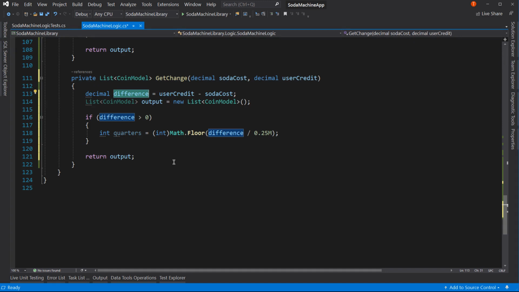Well, how many quarters should we return as change? We're starting with the biggest value first. Well, they're going to get back 2 quarters because that's 50 cents. And we want to have the biggest number of quarters possible without going over. So 55 cents, we can only have 2 quarters. Well, if we said 50,